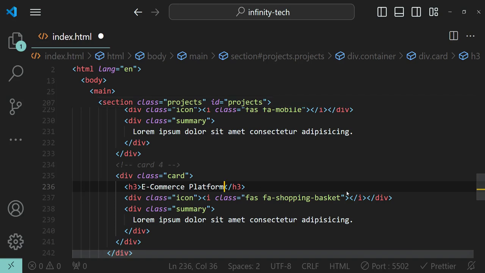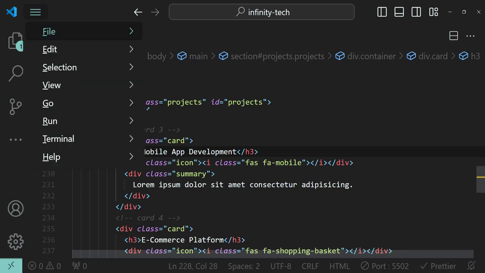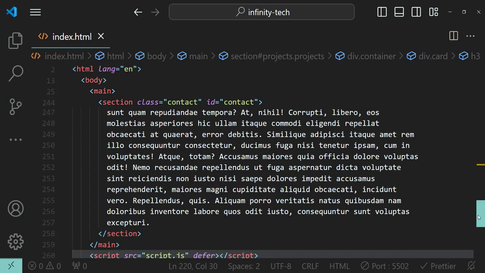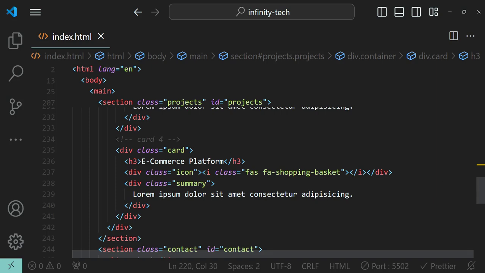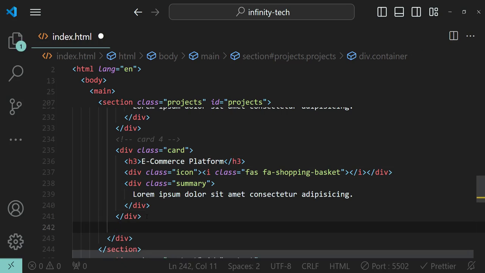E-commerce platform, and for this one the title was mobile app development. For the second one, the title was website redesign project. Okay. Now let's copy it, paste it, and